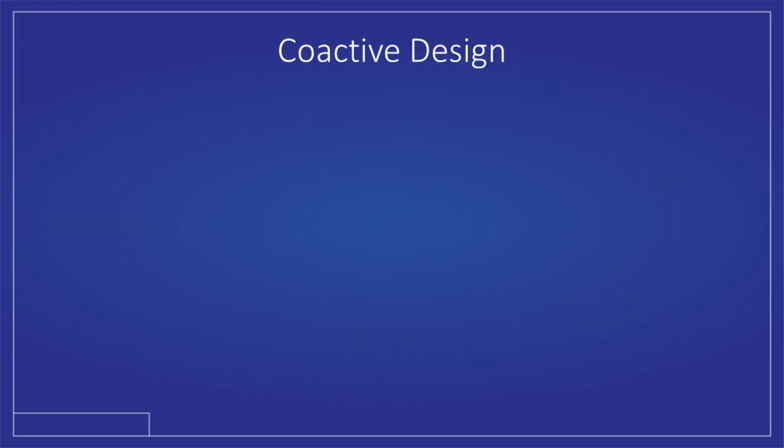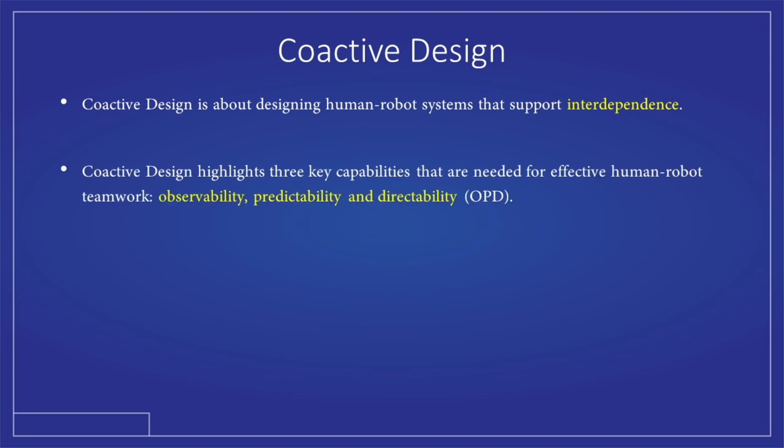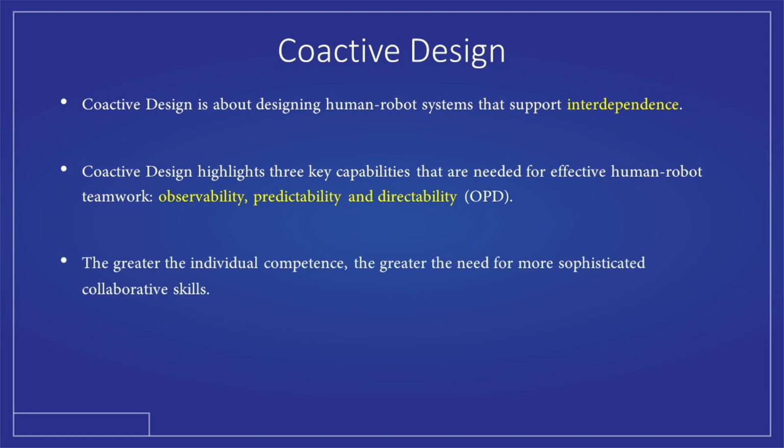But as a quick review, Coactive Design is about designing human-robot systems that support interdependence. It highlights three capabilities that are needed for effective human-robot teamwork, specifically observability, predictability, and directability. It also suggests that the greater the individual competence of a given technology, the greater the need for a matching sophistication